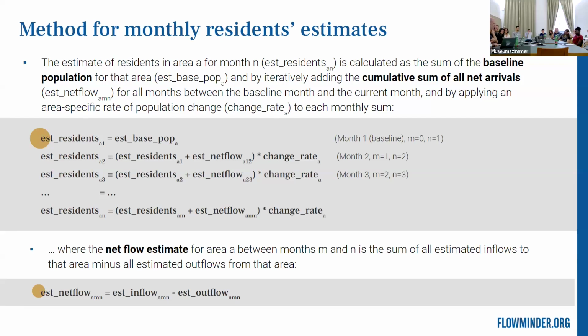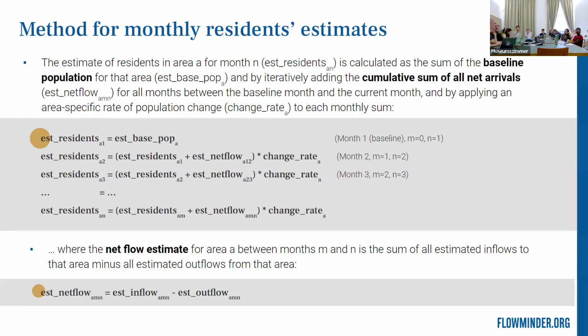Based on that baseline population, we then add for each month the estimated net flows to that sub-region, and apply a population change rate that also has to be derived from third-party data, because MNO data do not include any information on fertility and mortality or immigration and emigration. So usually population growth in the countries that we work in, we have to factor in from existing estimates or projections. What we do bring in with these data is the internal mobility or internal migration component.